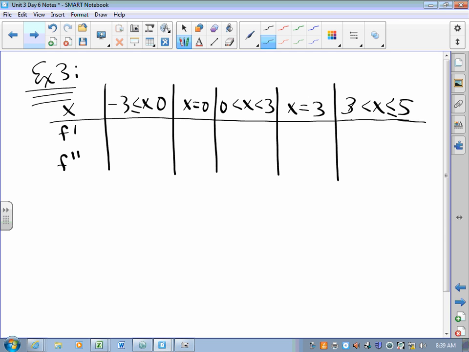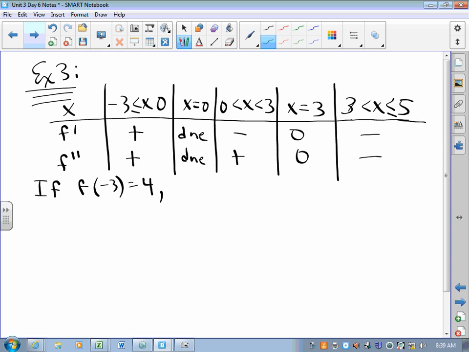And so it goes like this, and it goes like this, like so. If f of -3 is 4, and f of 5 is 0,